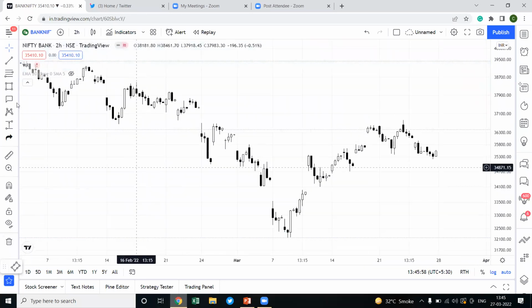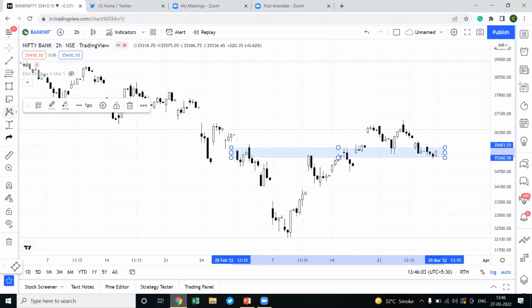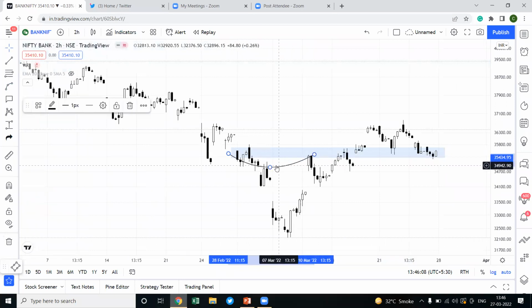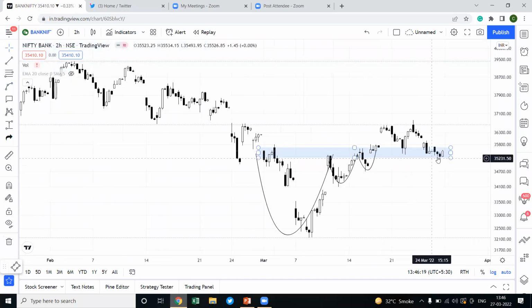So over here we can see the same formation in Bank Nifty as well. The Bank Nifty broke out not from an inverse head and shoulder pattern, but instead from a cup and handle pattern, which is again a reversal pattern for sure. So this was one contraction. This is the cup and this is the handle. This is another contraction, which makes a VCP kind of formation, and currently it is at a